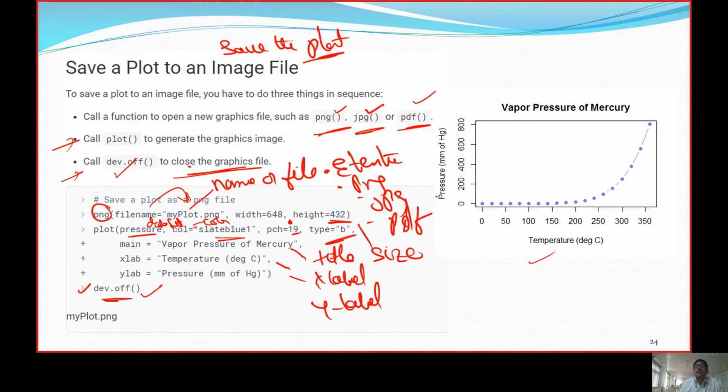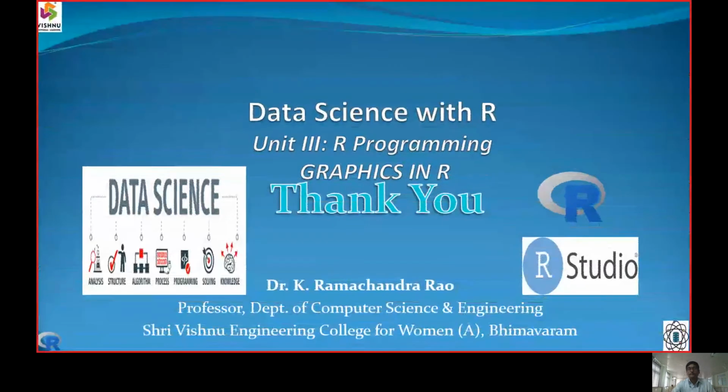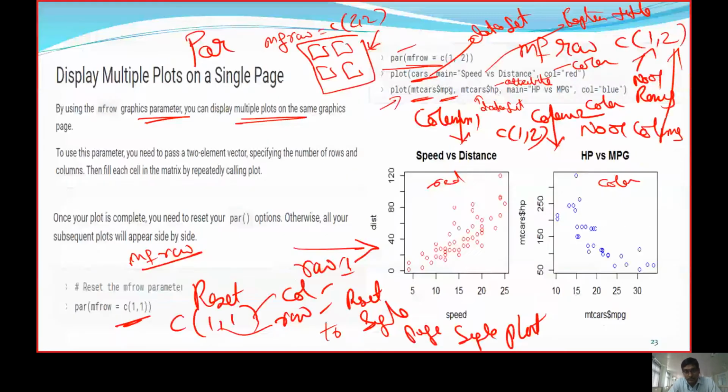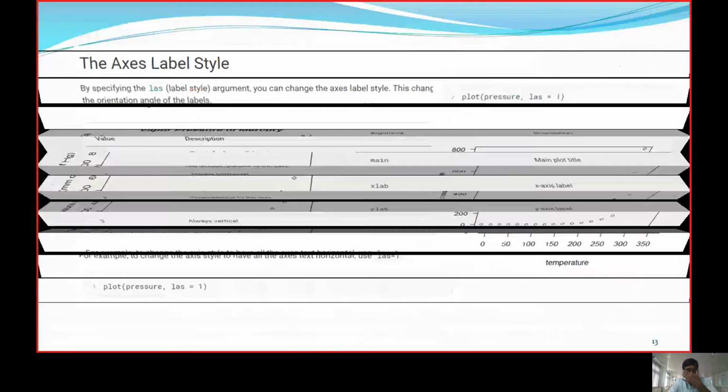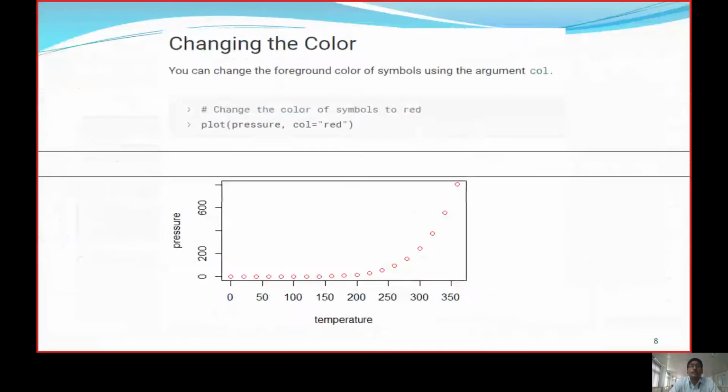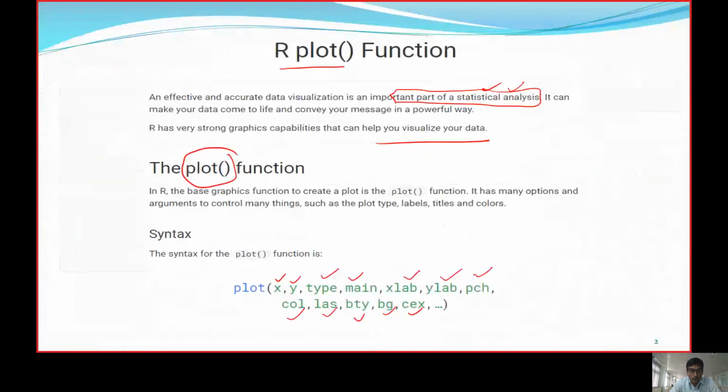So that's how we are going to get the graph, and it is in blue color and it is linked up and it is going to have a caption, a title, and finally it is going to be saved as myplot.png, portable network graphics. So in this way we are saving up the file. So this is all regarding different graphics in the R language, and the different graphics in R language purely mingles up with the different types of plot operands.